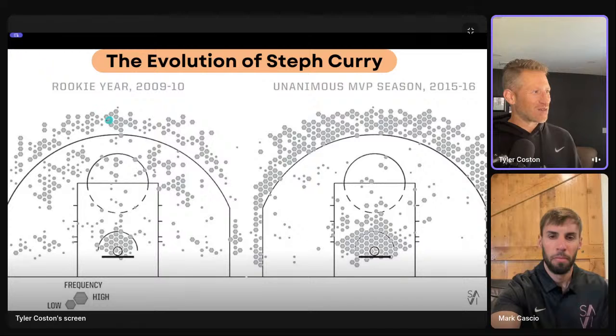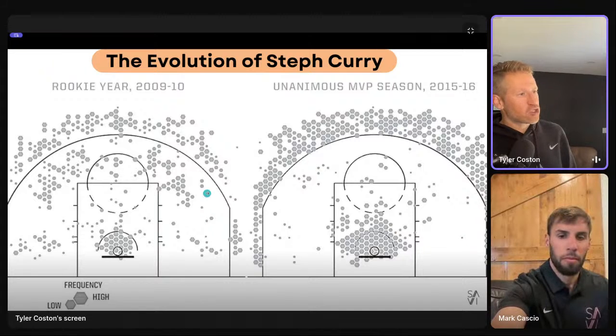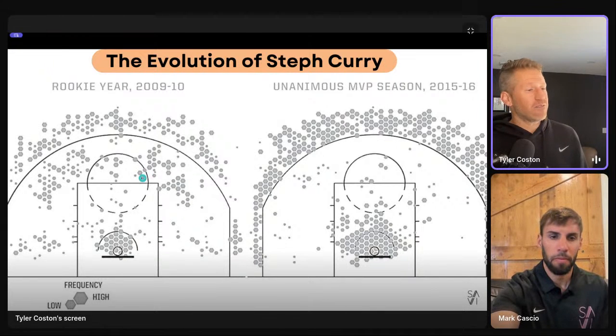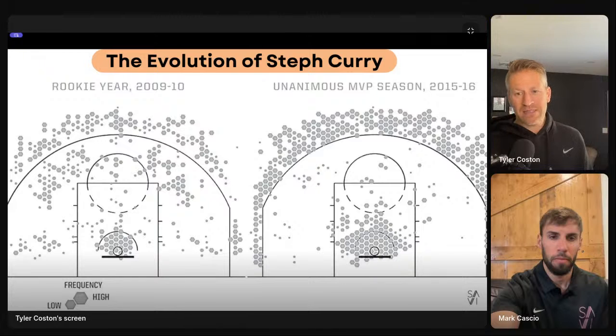I mentioned yesterday there were conversations during his rookie year. Man, who should be our starter here in Golden State? Should it be Steph Curry or Monta Ellis, which seems like a foolhardy statement to make now. It's because Steph was trying to be good at everything. You can see it by the shot distribution, right? And what you see in the difference in the development of Steph Curry wasn't him being able to do more, but his development into his identity was him actually doing less.